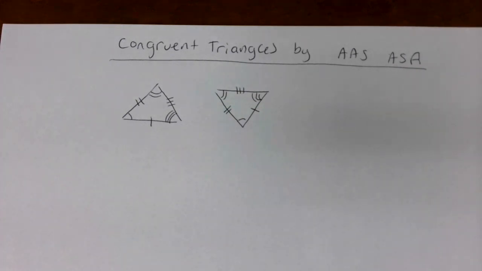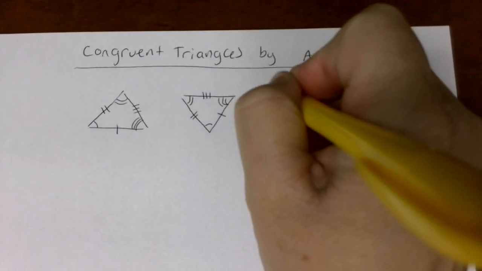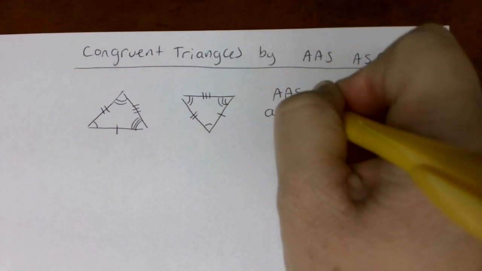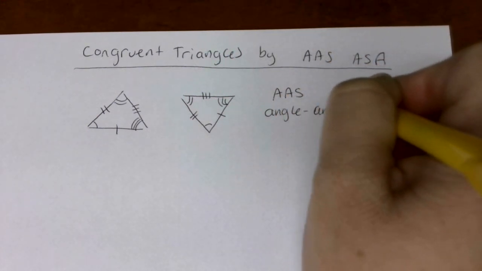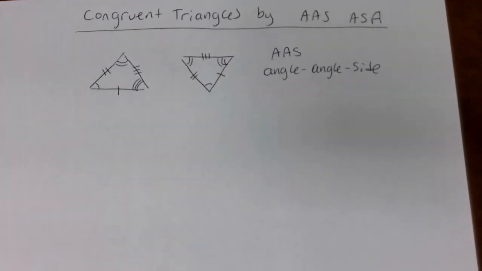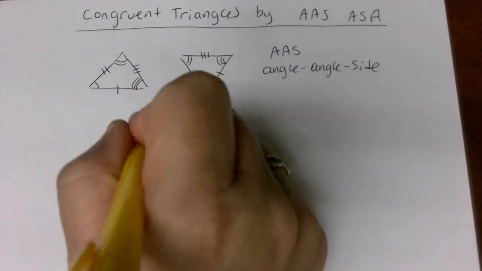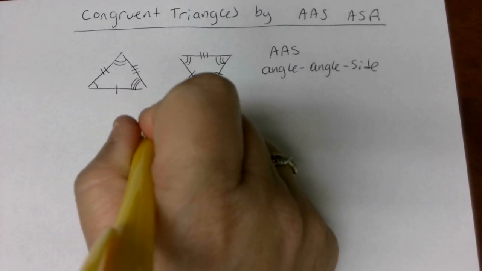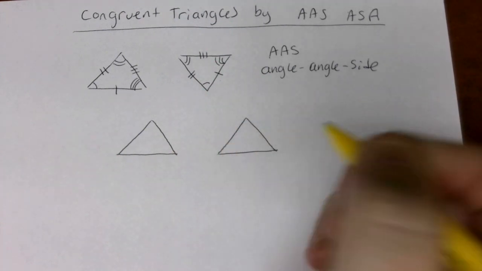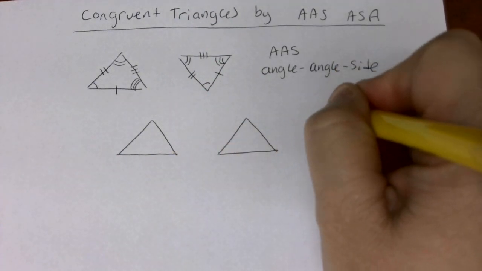So today we're going to go through and look at the last 2. The last 2 are angle, angle, side. And angle, side, angle. So let's first look at angle, angle, side. So let's say, actually, I think I'm going to start the other way. I'm going to change my mind. I think we're going to look at this one first. Angle,